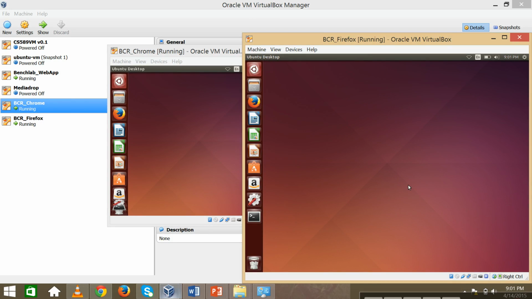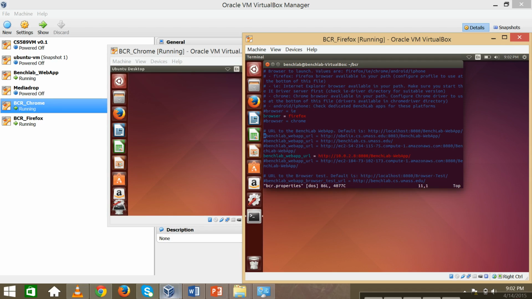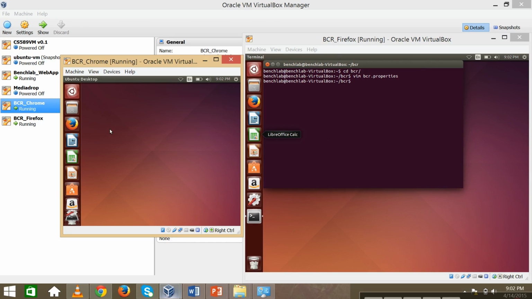If we want to use different browsers for the experiments, a certain change has to be done in the BenchLab client runtime. Go to the BCR folder and open the bcr.properties file. If you want to make use of the Firefox browser, set it to Firefox. Here it has already been set to Firefox. In case you want to use the Chrome browser,